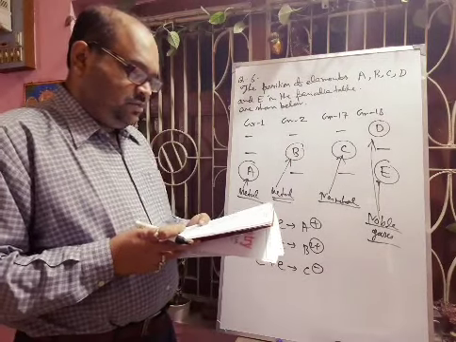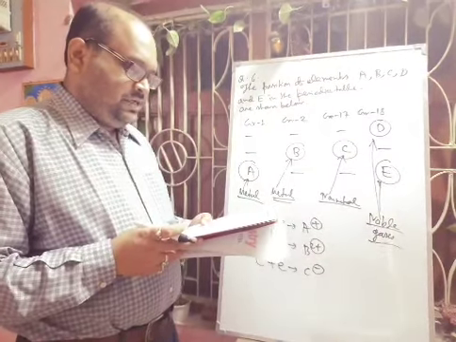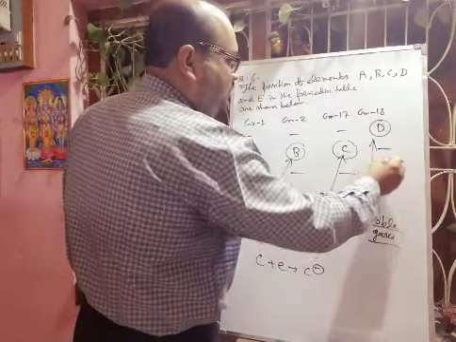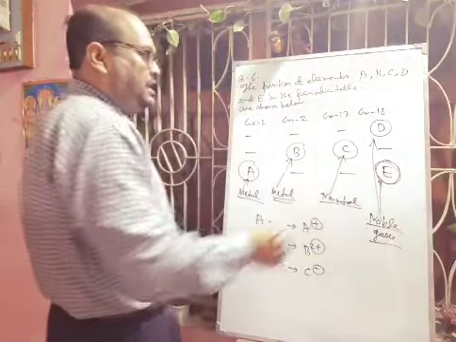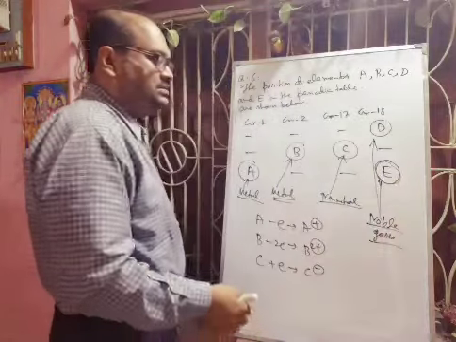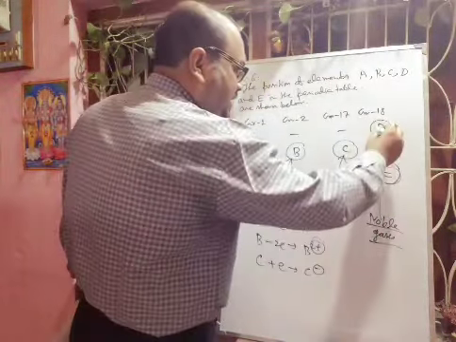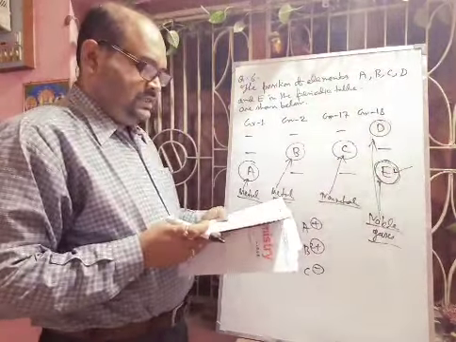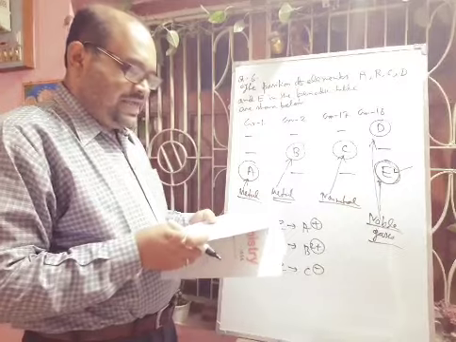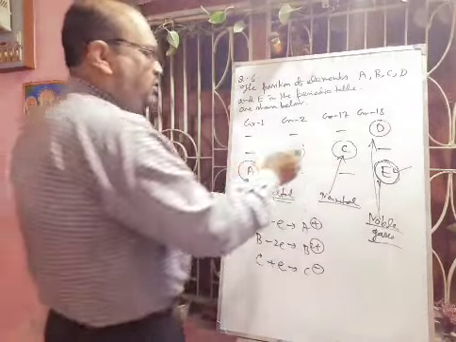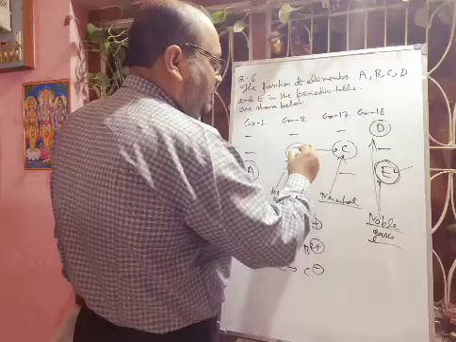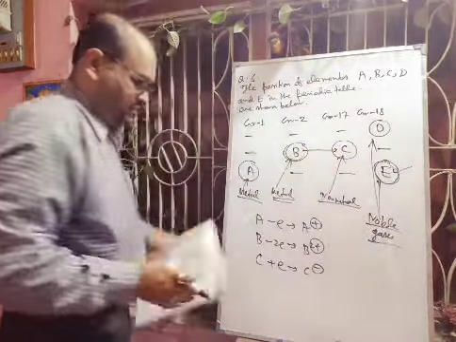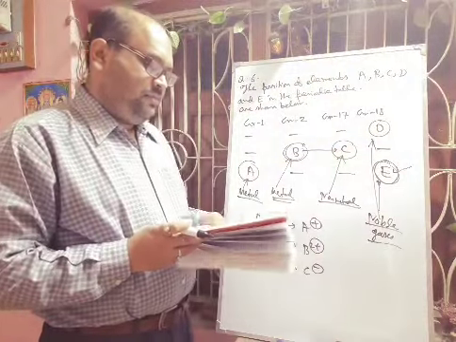Which is larger in size, D or E? Definitely E is at the lower position in the group. When we are going down in a group, size increases because the number of shells increases. So between D and E, E will be greater, larger in size. And which has larger size between B and C? When we are going in a period from left to right, size decreases. So definitely B has larger size than C. So in this way we have completed this question.